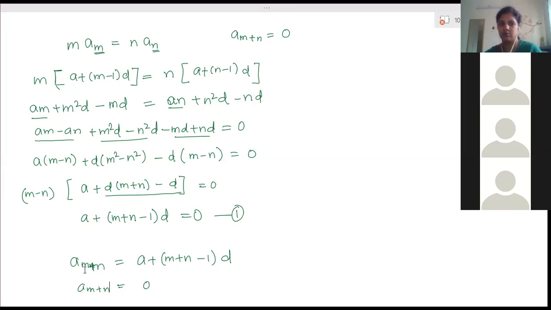Yes, ma'am. Ma'am, I don't understand the last part, ma'am. What you didn't understand just now, I will explain that part again. Yes, ma'am, but like, m plus n is a position. Yeah, that is the n value. In the actual formula, the value of n is m plus n. So in place of n, we have substituted m plus n. Oh.